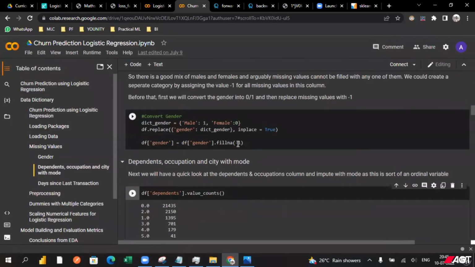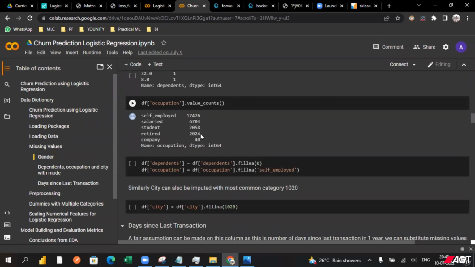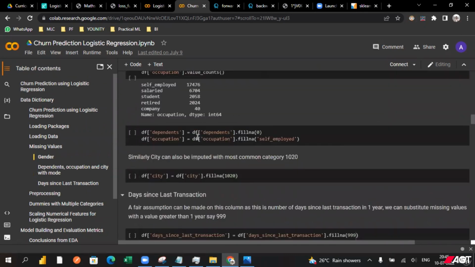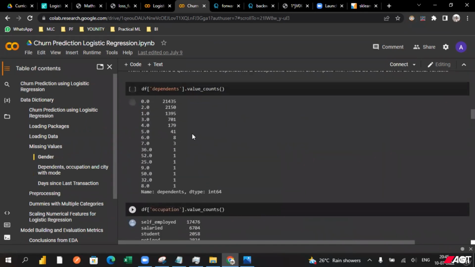Why not we go with the -1? If you just apply a large set of values, you can see here you have a total of around 20,000, right? So if you apply a large set of values with -1, it will completely bias towards the negative results. That means it can completely bias our churn prediction towards only the negative results, because